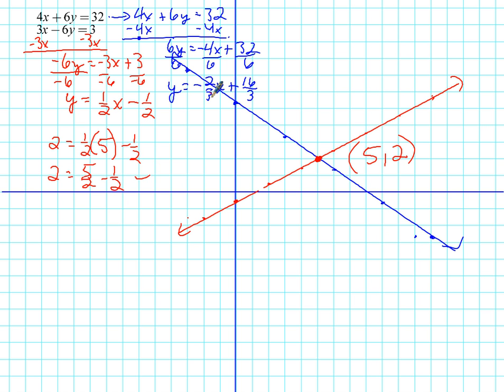Let's try it for the blue one now. 2 equals negative 2/3 times 5 plus 16/3. What is negative 2/3 times 5? 2 equals negative 10/3, that's right, plus 16/3. And when I put those together, what do I get? 6/3, which reduces down to 2. So this one also worked, which means 5, 2 actually is the correct answer, even though I had to guess